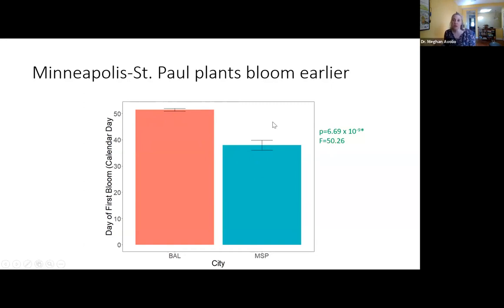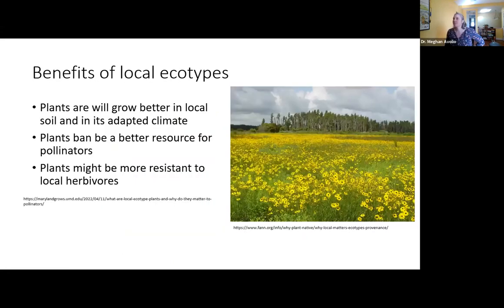This makes a lot of sense about local adaptation. There's a shorter growing season in Minneapolis. Plants are going to want to reproduce more quickly, set their seed more quickly before frost comes again, and then they would be killed for the season. And the growing season is longer in Baltimore, so plants can take more time to acquire more carbon to potentially set a larger number of seeds. So these are both examples of plants being locally adapted to their conditions.